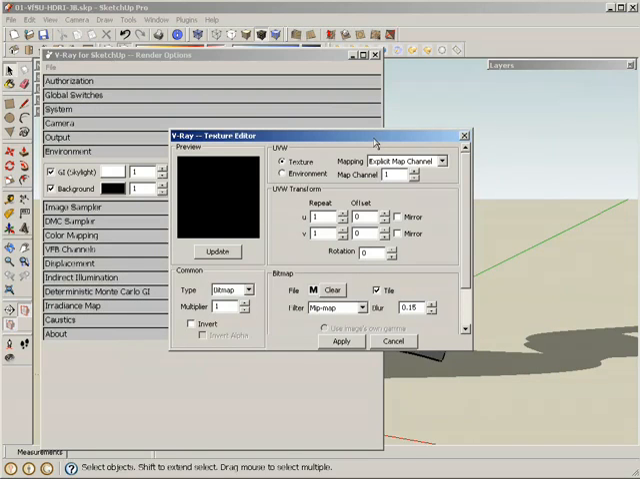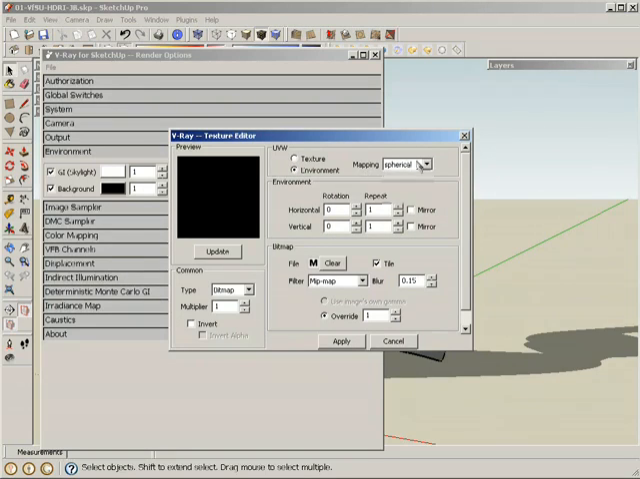The other thing that I have to do is tell V-Ray how to map that HDRI. In this case, I want it as an environment, and I have to specify which type of mapping I want. I know ahead of time this HDRI is a spherical type of mapping, so that's what I'm going to select. I can click update to give me a preview of my HDRI, hit apply,